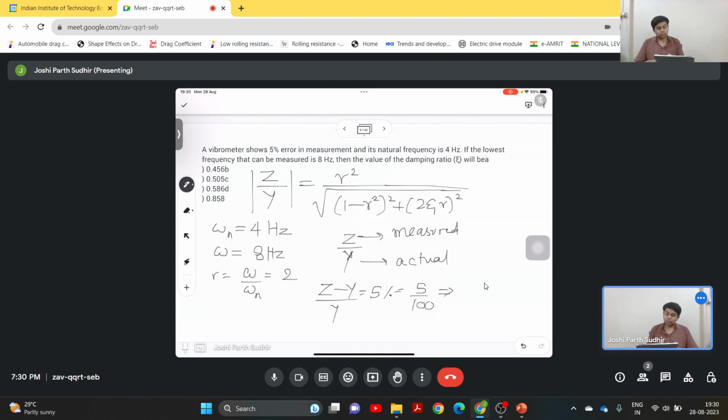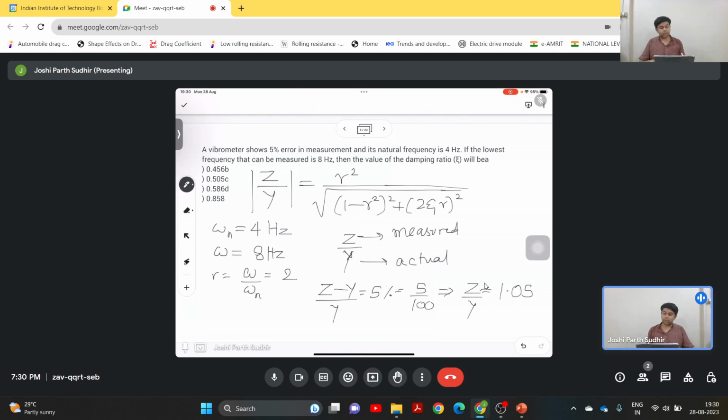Therefore z by y is equal to 1.05. So using z by y equal to 1.05 and r equal to 2,